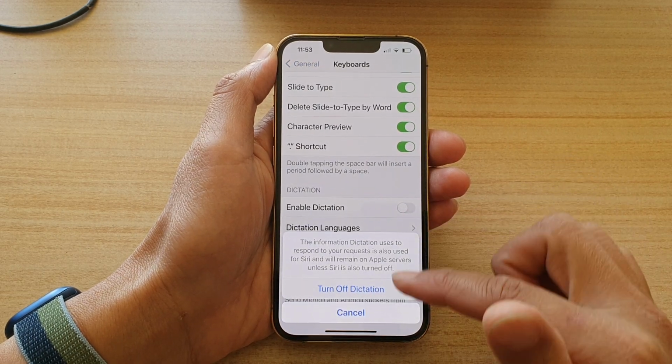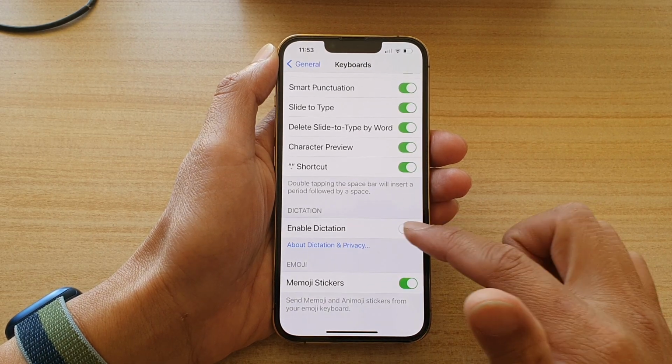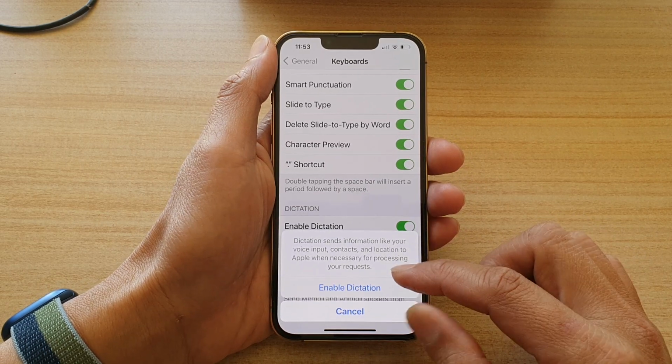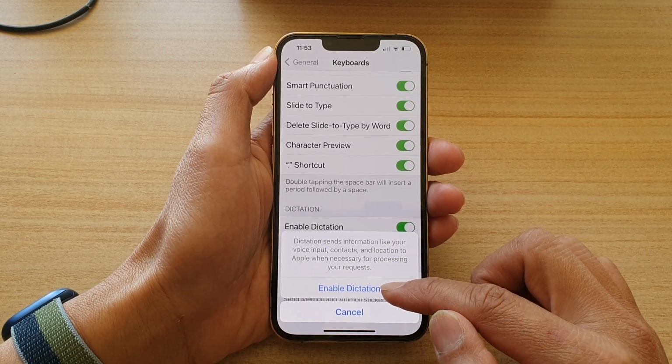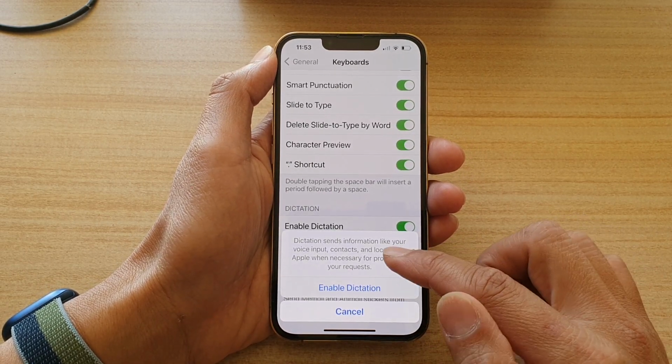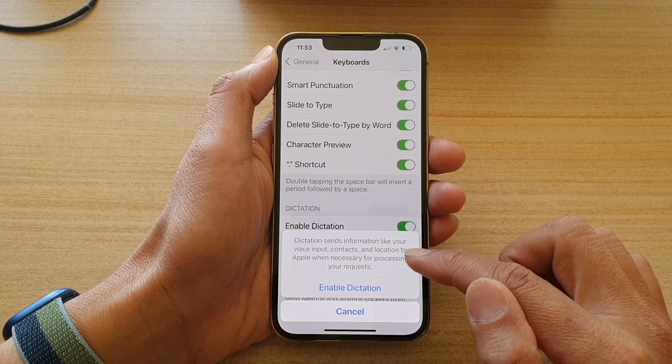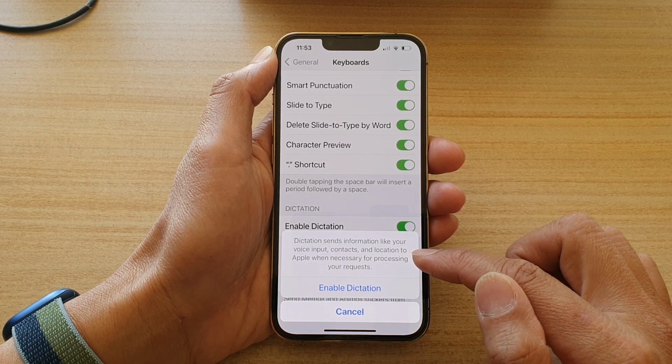So tap on the switch to turn it off or turn on. So when you tap on the switch, there's a pop-up. It will ask you whether you want to enable or disable dictation. And so that dictation sends information like your voice input, context, and location to Apple when necessary for processing your